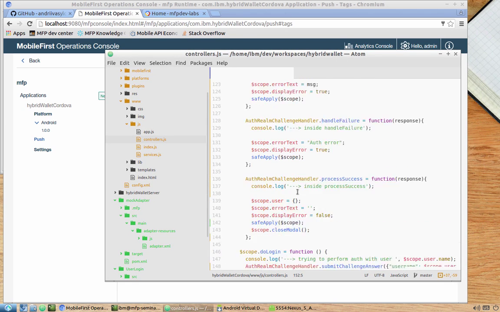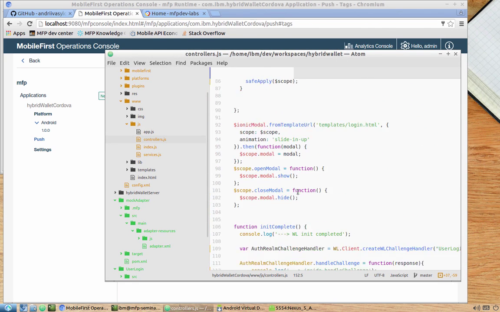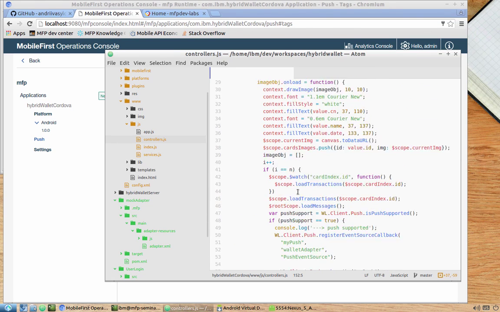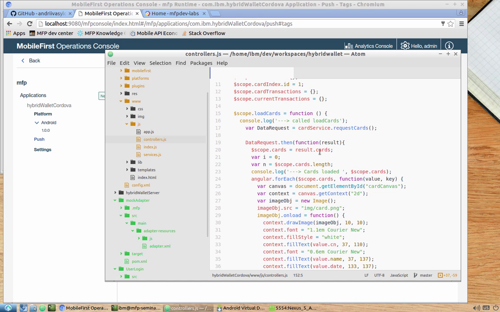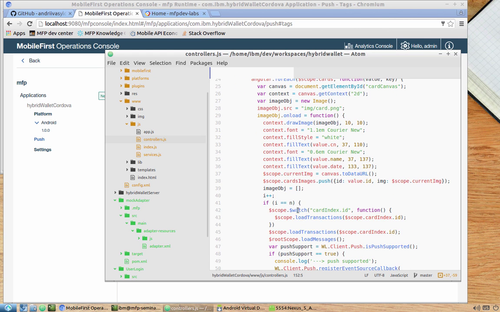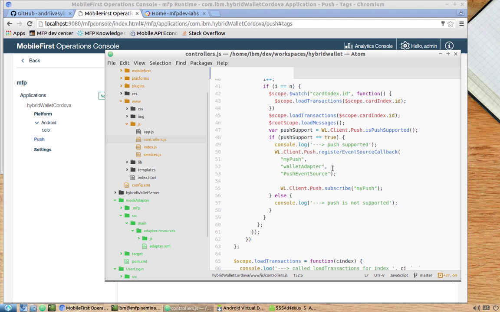So if you remember, in 7.1, our push was configured after we initially got the cards list. So we had a function called load cards, and after we were receiving the result from a backend, we were triggering also push events. So first of all, we were checking if the push is supported, and afterwards, if the push was supported, we were actually registering the event source callback. So event source